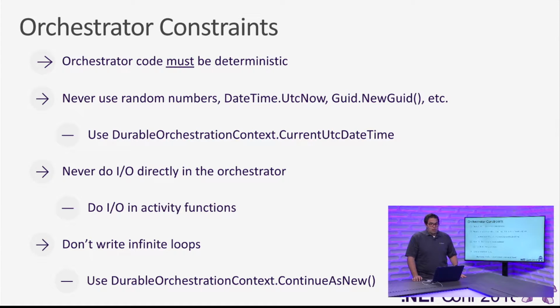The first one, for random numbers and date time: the orchestration context that's passed into the orchestrator, we actually provide some helper methods here, like get the current time. Now what's cool about this is that we'll get a current time, but we'll do it in a way so that when we replay it, we make sure that we re-get the same time that we got, if that makes sense. So you won't get a different time every time it replays, you'll get the same time from the first time it ran. So we get some nice helpers there.